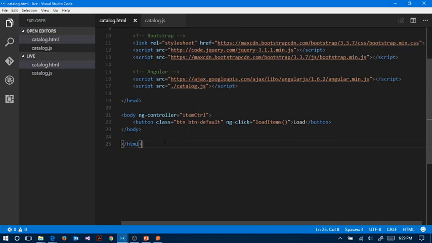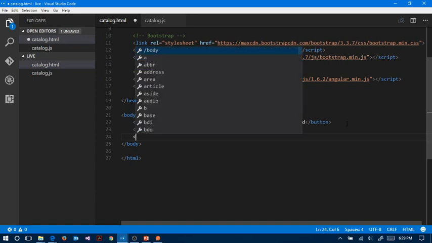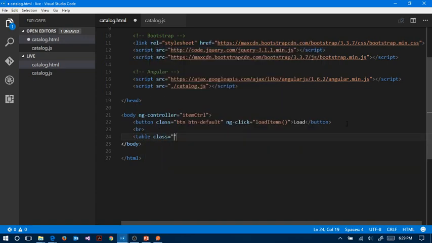and before I go ahead, one good thing about Angular is you can start with static templates of what you want it to look like. And then once you add the Angular parts, you can add all the necessary Angular attributes, and it just works without having to do a lot of work. So for instance, I'm going to put a line break, just to put some space between the button and a table, and I'm going to use a table. And since we're using Bootstrap,